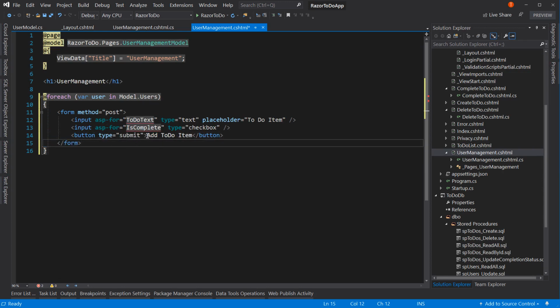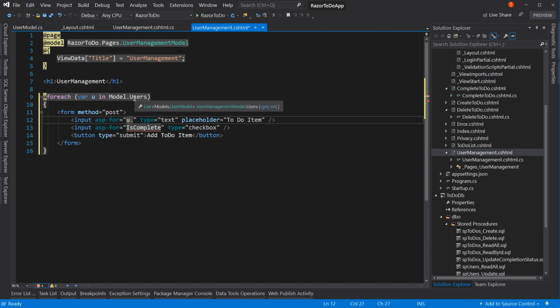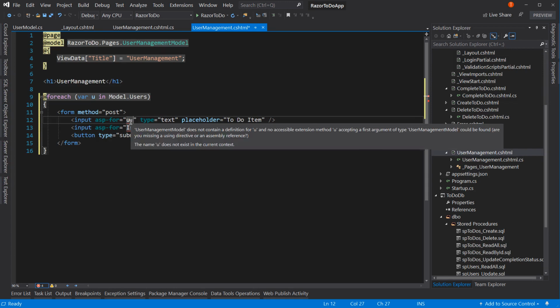So this is going to be for user dot, oops, lowercase u, user dot, probably helpful is to call it u. I know that normally I like to have better names in this, but this allows me to properly say what it is. So for u dot,